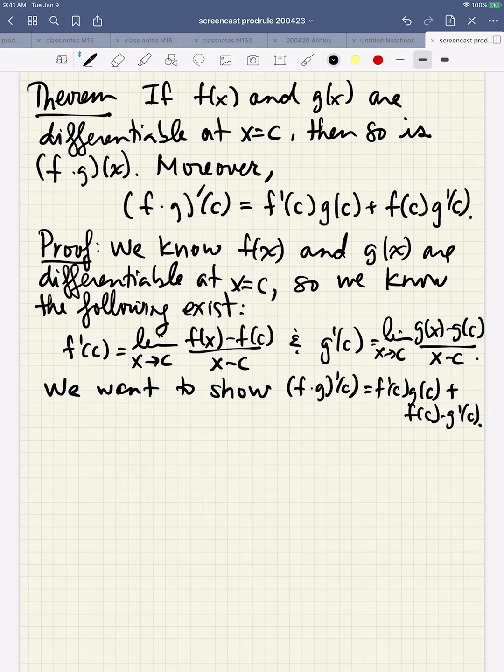Okay, so that's the formula that we want to come up with. So let's work on it. So look at the left side of that formula. By the definition of derivative,